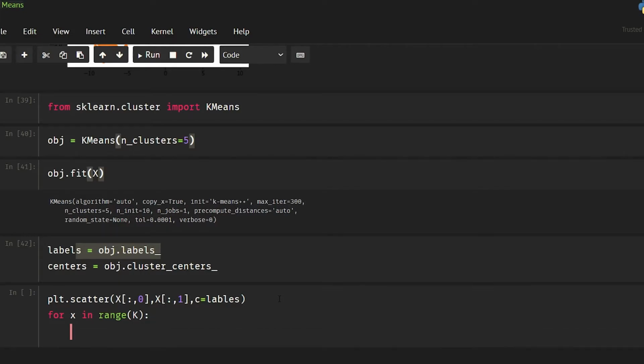So plt.scatter centers x 0, centers x 1, and the color is going to be black, and the marker is going to be an asterisk sign.